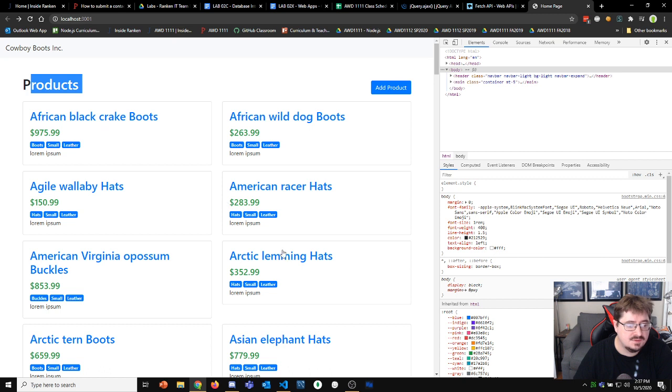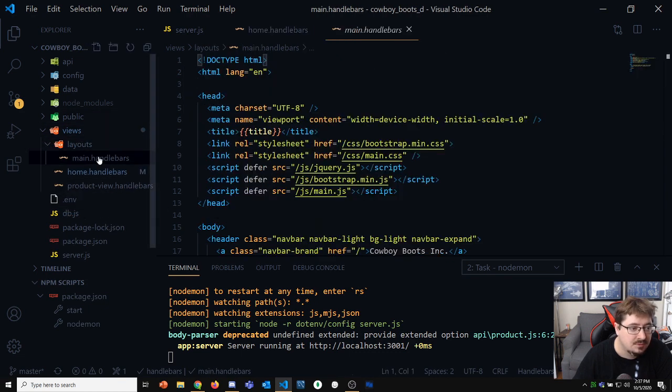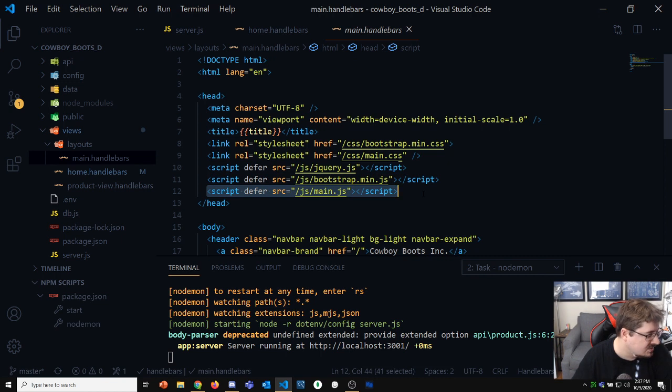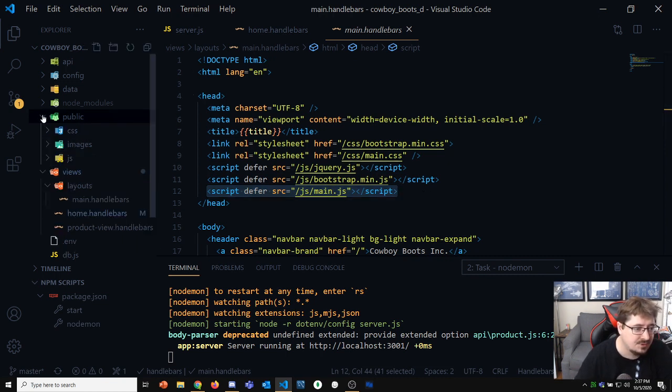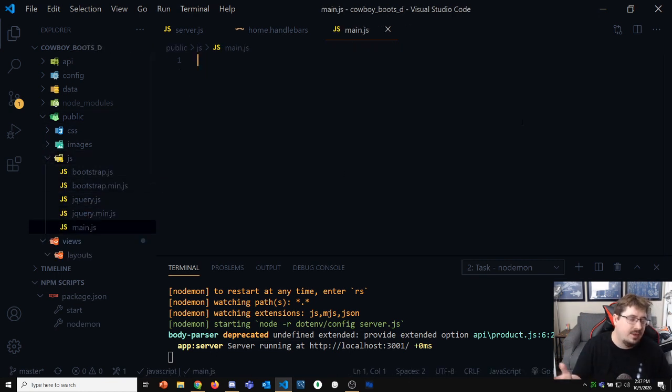Okay, so we've got a button, right? The button doesn't do anything. Got it? Yep. Okay, let's make the button do something. So if I want to hook up some JavaScript, let's see. If I look at the main layout, you see I've already hooked up main.js. So in theory, I should be able to just put some logic into main.js and have that button do something,